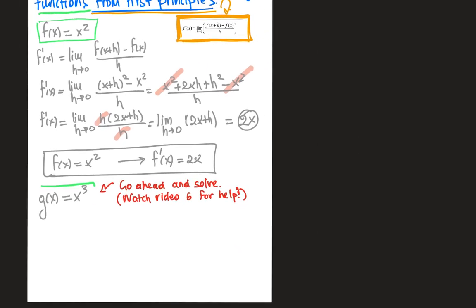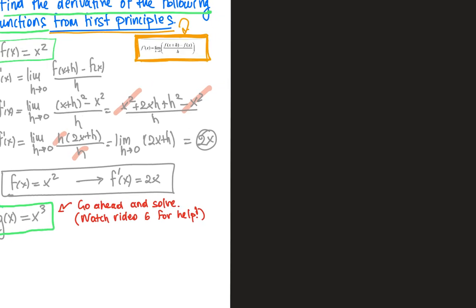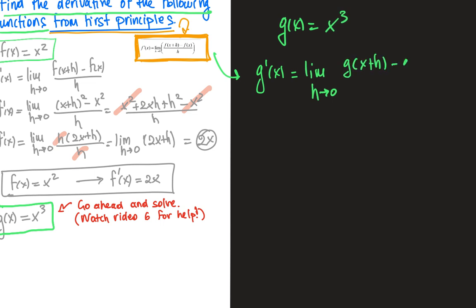Then we're going to move on to do together g of x equals x to the power of 3, and find a few ways to work it out. So g of x is equal to x to the power of 3. We need to apply the first principles. To find the first derivative of g of x, we have to calculate the limit as h goes to 0 of g of x plus h minus g of x